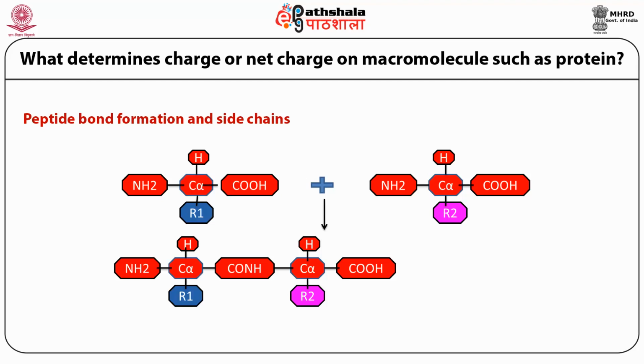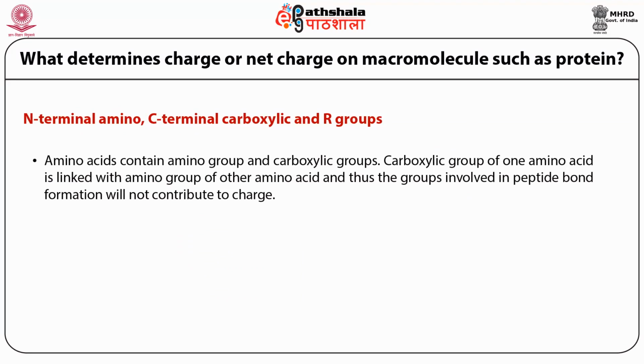If we see this joining, where alpha carboxylic group of first amino acid and alpha amino group of second amino acid are used in peptide bond formation, they will not contribute to charge. In protein, we have large number of peptide bonds. Besides that, we have N-terminal amino group and C-terminal carboxylic group, and these two groups will contribute to the charge